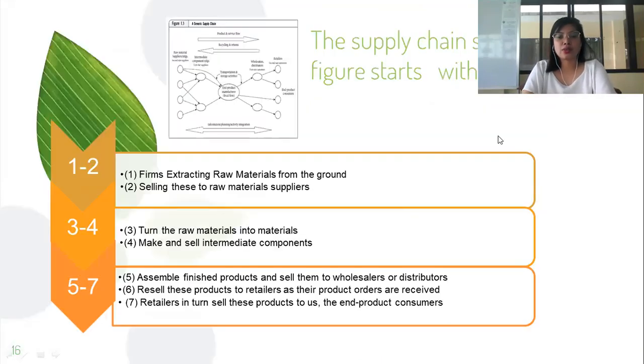Okay, so the supply chain shown in the figure starts with, for this figure, 1 and 2, firms extracting raw materials from the ground, selling this to raw material suppliers, and then they turn the raw materials into and make and sell intermediate components. Okay, and then assemble finished products and sell them to wholesalers or distributors, and then resell these products to retailers as their product orders are received, and then retailers in turn sell this product to us, the end product consumer. Okay,